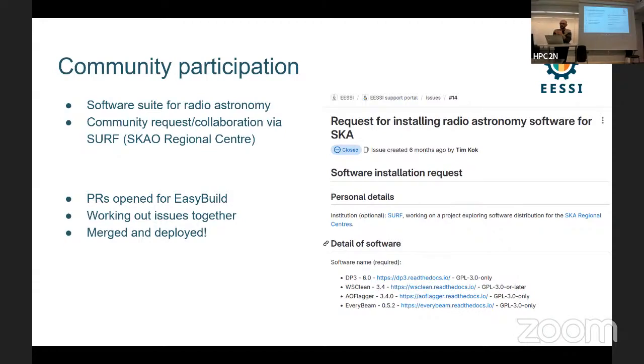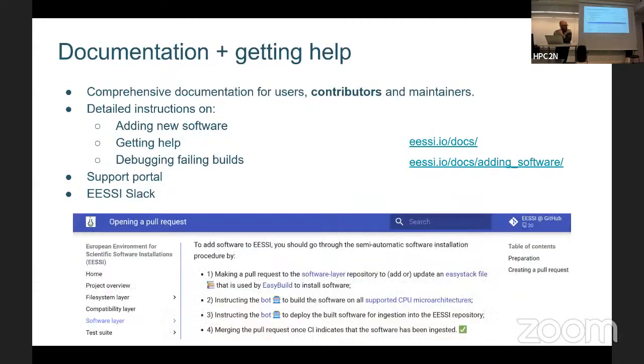This is how the process works. This is what's going to happen. And then in the end, without major issues, there were a few kinks along the way, but everything worked out, and the software was merged and it's ingested and it's available. Okay, so